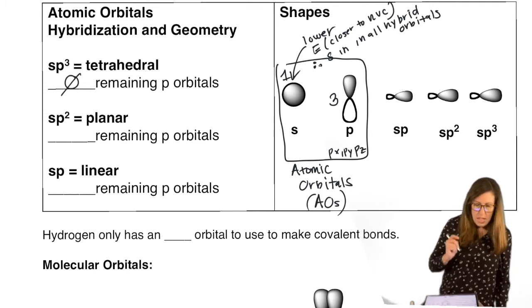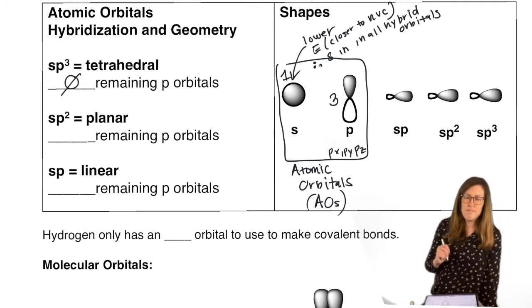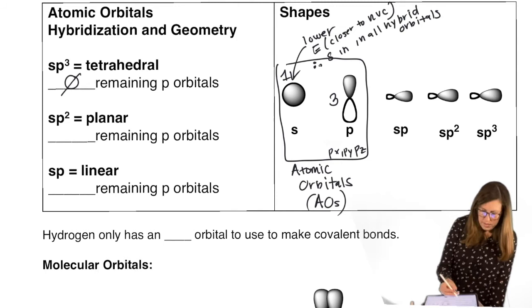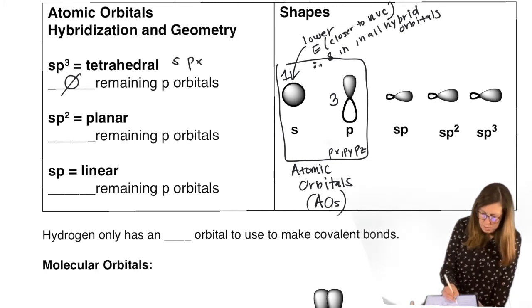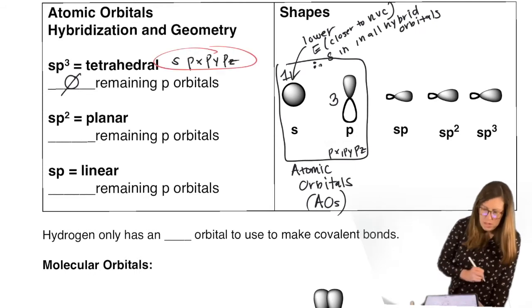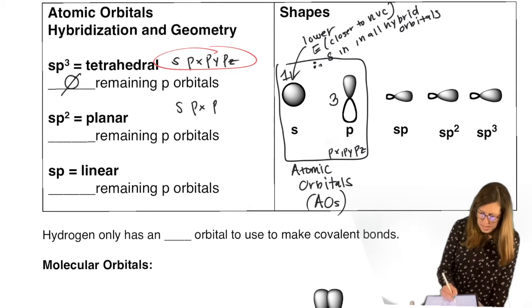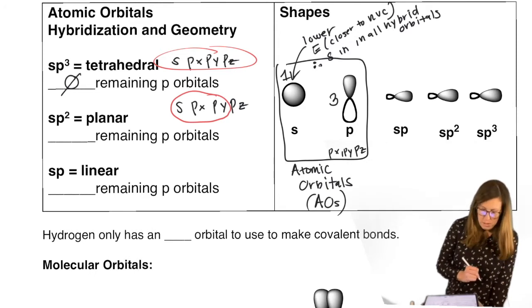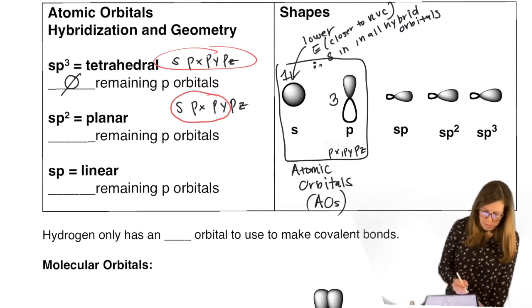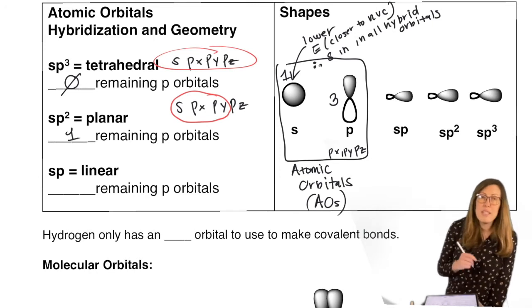Okay. Likewise, we could also think of it like this. Here's what's available: px, py, pz, and we took them all. Let's do it again. px, py, pz, and we took 2 of them to get sp2. 1 left over for a p orbital. That means that something that's sp2 hybridized has a p orbital left over for pi bonds.